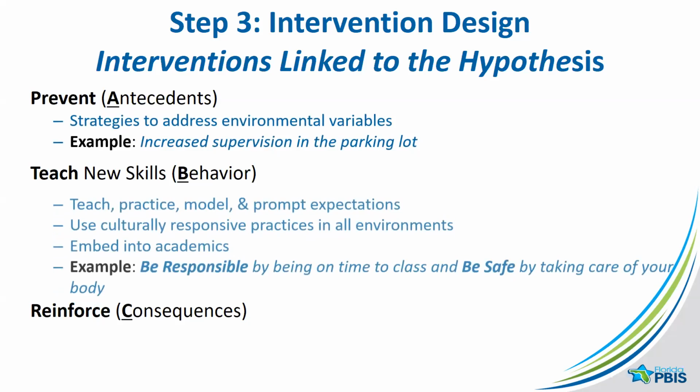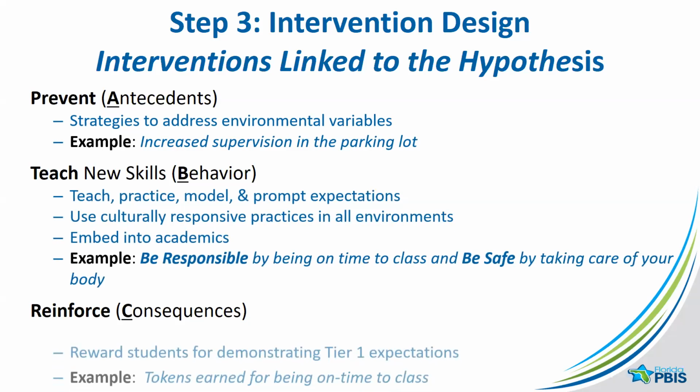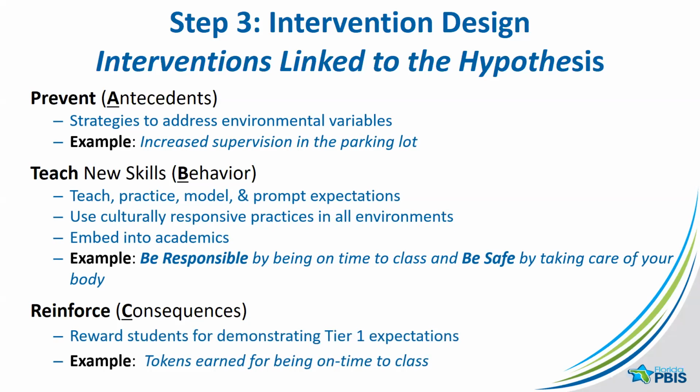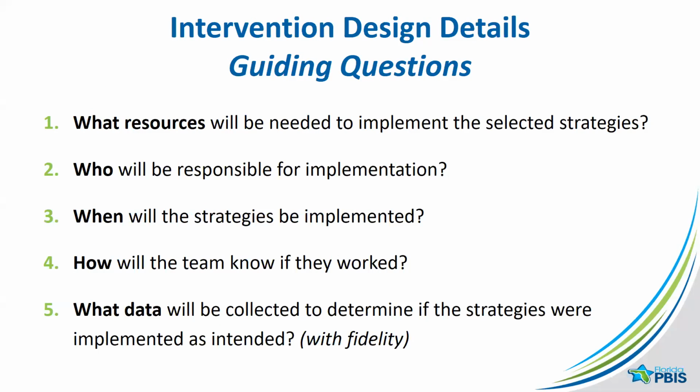And so there are different strategies that we can begin to employ within each of these kinds of focus to ensure that we have a comprehensive approach to making sure that students are reducing their problem behaviors and engaging in more pro-social behaviors. And when we think about the development of those action steps, particularly at Tier 1, where we have a lot of people involved and we want to get a lot of our stakeholders participating in the actions, it really helps to have a lot of detail in your plan. Detailed plans set the stage for accountability and further support fidelity of the actions you're going to take. So fidelity here is still going to be an issue.